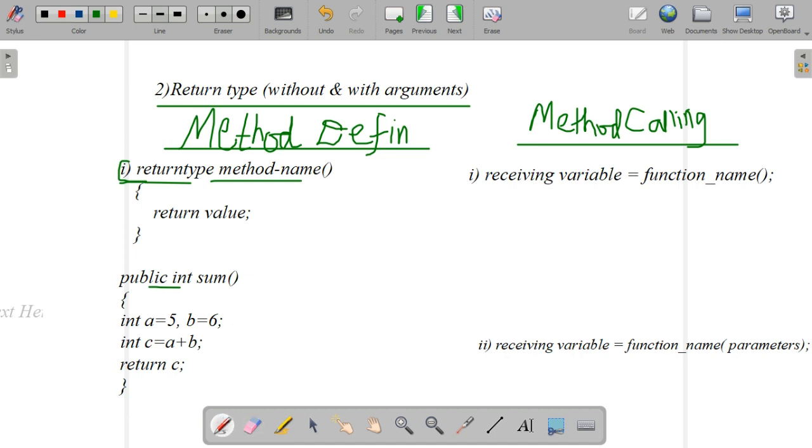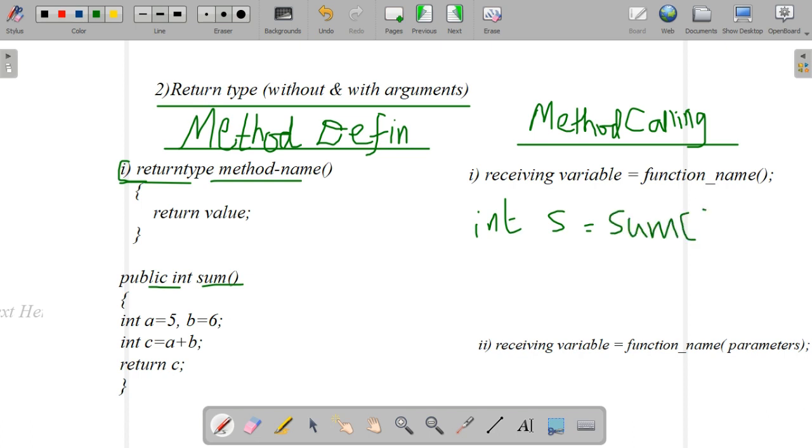But in the case of return type, inside the method we have defined a value and it is returning a value to the calling statement. So we need a receiving variable that will receive this value. Here I am writing a variable, integer y equal to the method name. What is the method name here? Sum. So we will write sum.